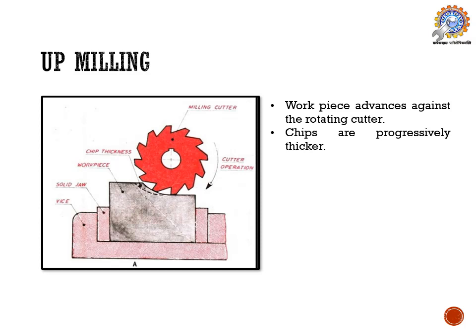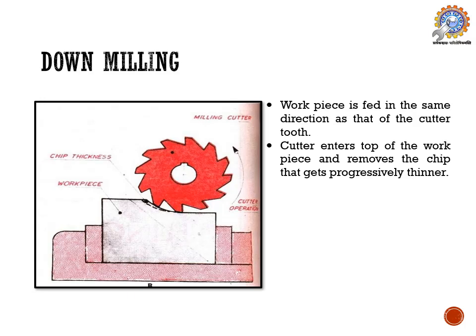The only problem here is that the work needs to be held properly, otherwise during rotation of the cutter, the workpiece gets lifted up from its position. Now let us see what a down milling operation is. In down milling, the rotating cutter rotates in one direction and the workpiece is also fed in the same direction. Here you can see clearly the tool is pushing the workpiece down towards the work holding device, that is the vice.